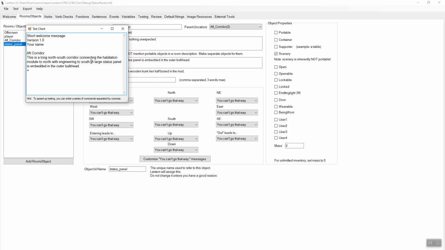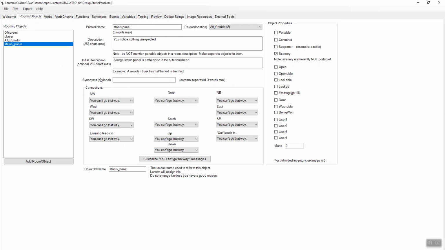So what it's saying is, our room description says a large status panel is embedded in the outer bulkhead. Examine the panel. There we go. And it works there. It's just invisible, but the player knows it's there because we mentioned it in the room description. Also, we might want to do something like,